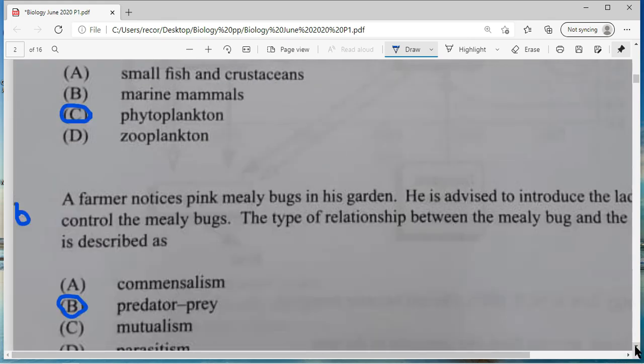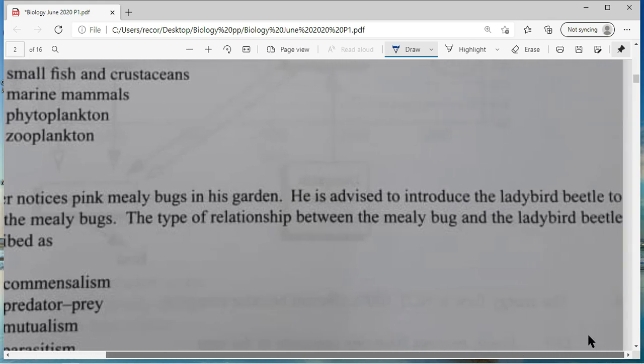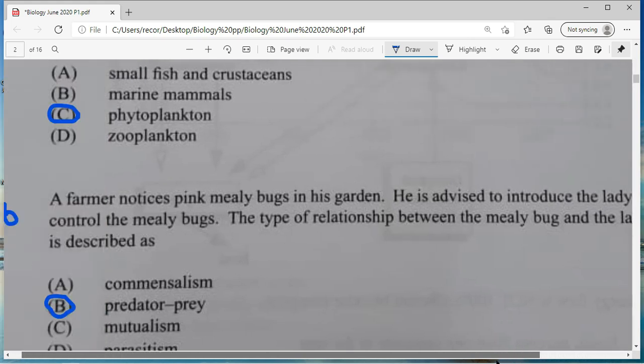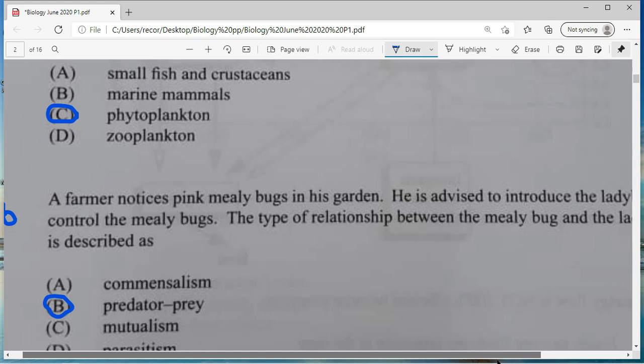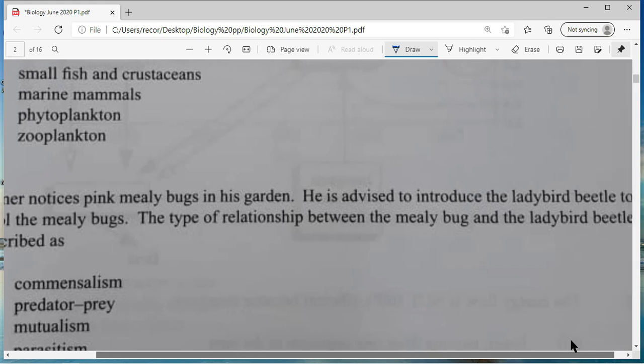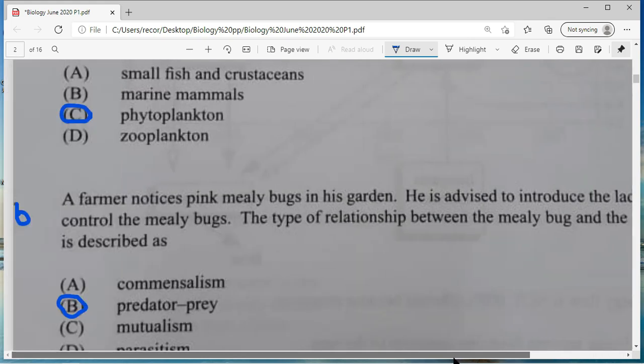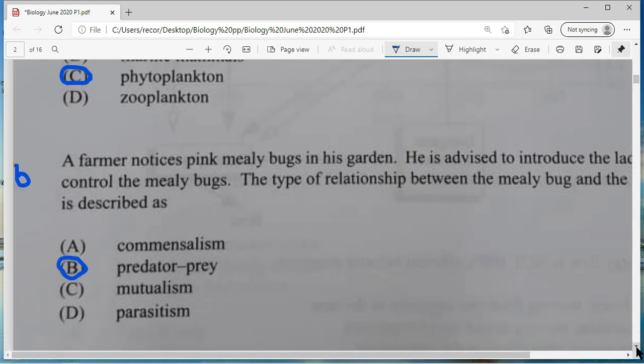Move on to question 6. A farmer noticed pink mealybugs in his garden. He is advised to introduce the ladybird beetle, a pretty little beetle it is, to, of course, control the mealybug. This type of relationship between the mealybug and the ladybird beetle is pretty much described as a predatory relationship. And predatory relationship, as the ladybird is going to be eating the mealybug,